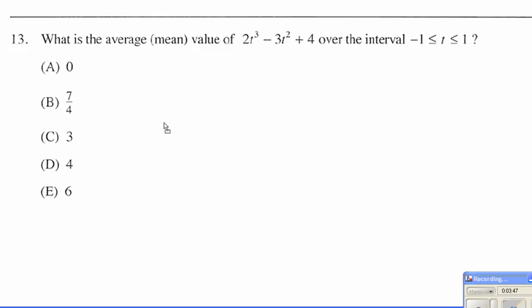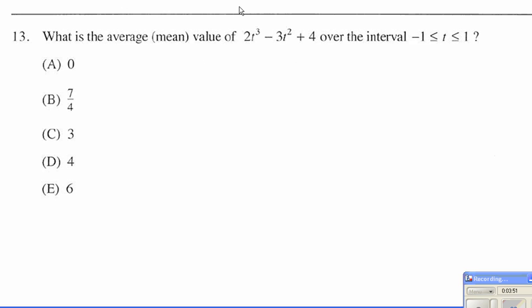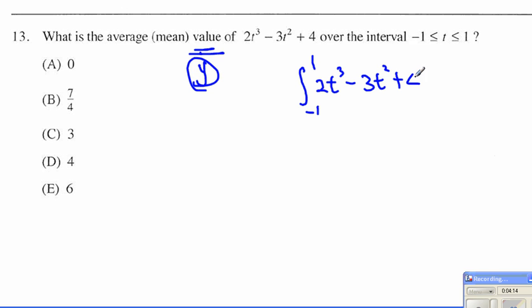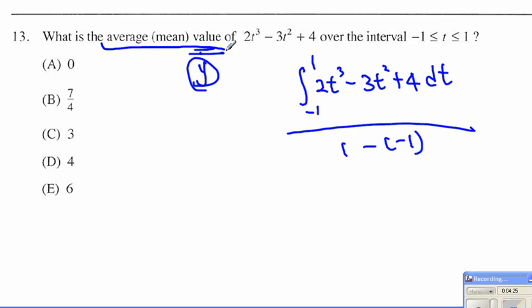Right, number 13 here. Average value of this, in this case, the word value implies y. Whatever this function is, what we have to do is this: from negative 1 to 1, of 2t cubed minus 3t squared plus 4 dt, whole thing divided by 1 minus negative 1. This comes from the average value, which we can figure out by the integral from a to b, same thing as the mean value theorem,